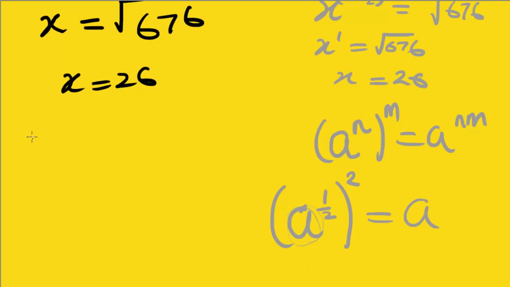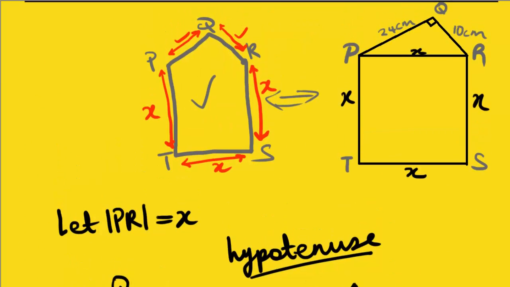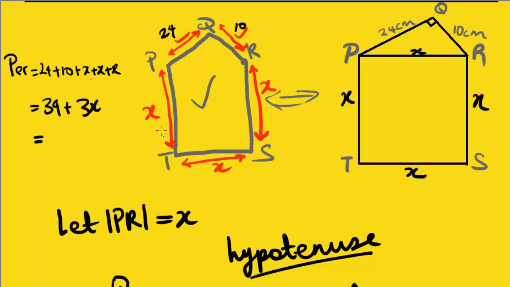We need to ask ourselves what the perimeter of the polygon is. As you can see, we have 24 here and 10. So adding all the sides, perimeter, let's call that PER, is 24 plus 10 plus x plus x plus x, which is 24, or 34 rather, 34 plus 3x. X plus x plus x is 3x. Therefore, since we now know that x is 26, the perimeter is 34 plus 3 times x, x is 26. So we now have 34 plus